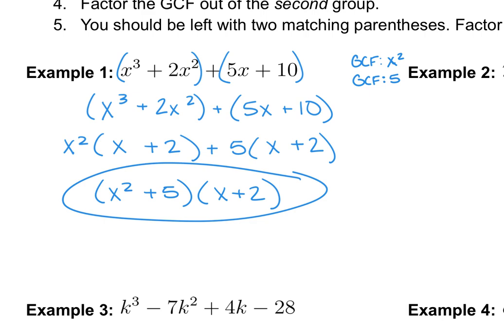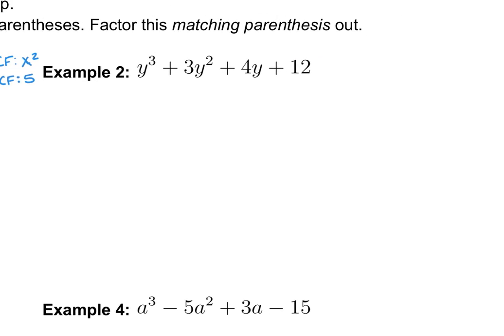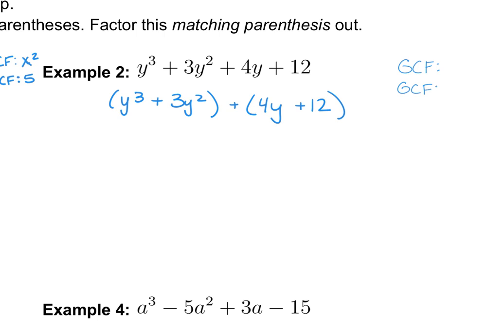All right, example 2. Again, I'm going to set up my 2 sets of groupings. I'm going to find my greatest common factor for each of those groupings. So out of my y to the third power and 3y squared, I can factor out a y to the